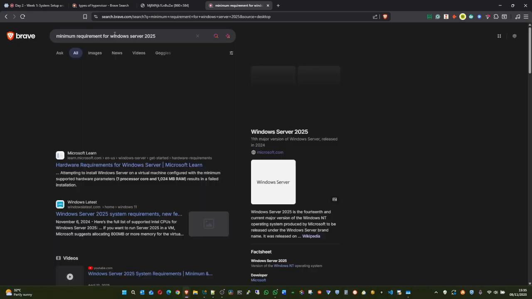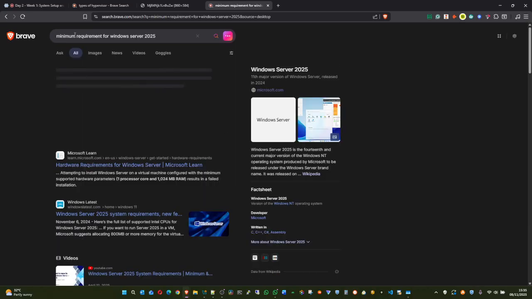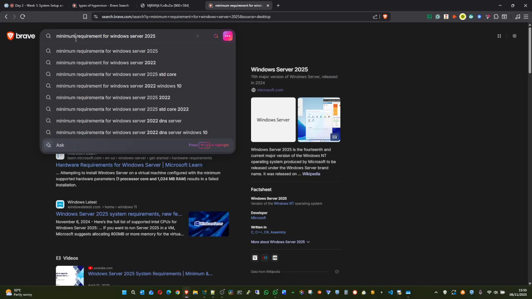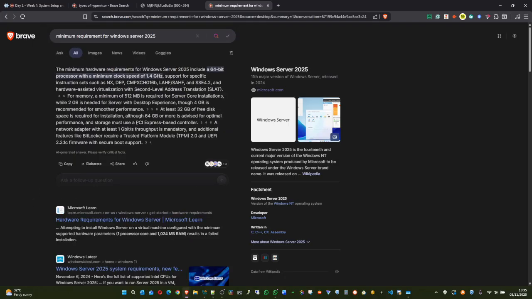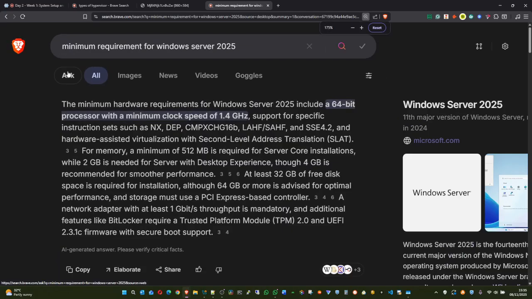Minimum hardware requirement. I can say minimum. So you can see it right here. Let me zoom in. The minimum hardware requirement for Windows Server: the processor of 1.4 gigahertz speed and support specific blah blah blah and all of this.